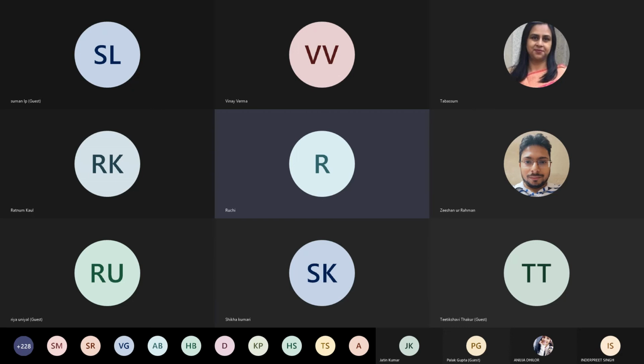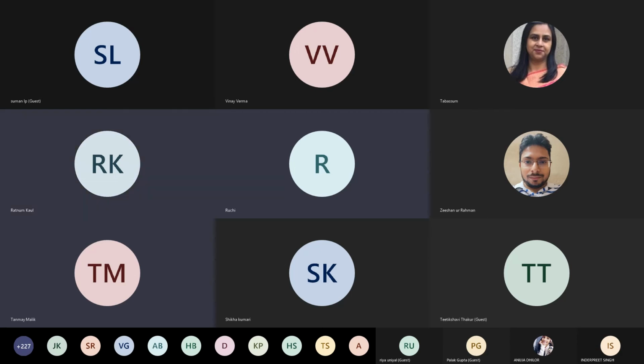Thanks to the organizing team of Zakir Hussain Delhi College for organizing such a wonderful and amazing session. It was really great to be part of it. Further, we learned and explored a lot about bioinformatics, which is going to be an applied field in biology in the next 20 to 25 years. Thank you, Tanmay. And thank you, Vinay.